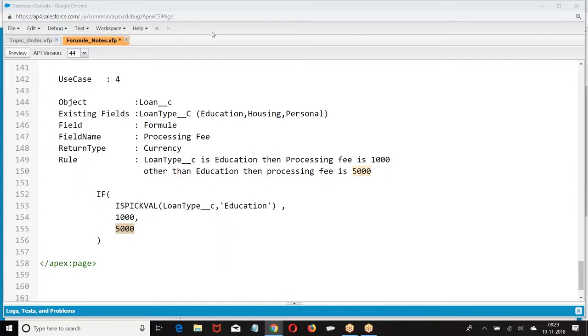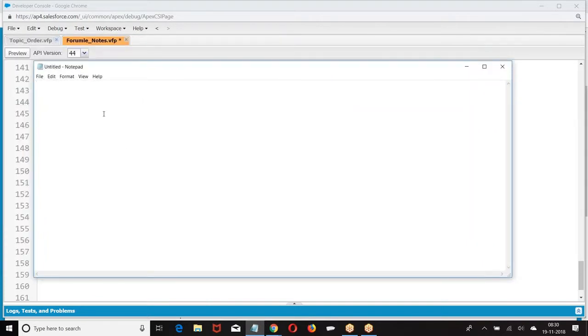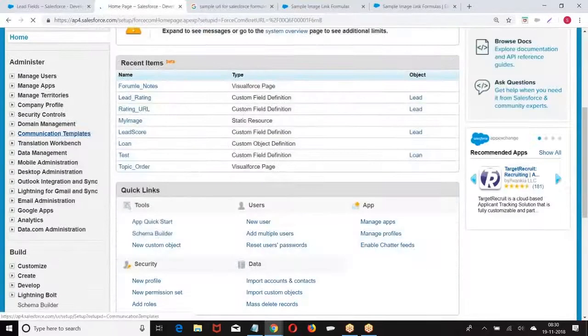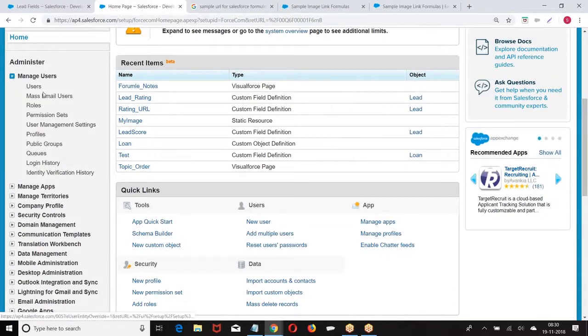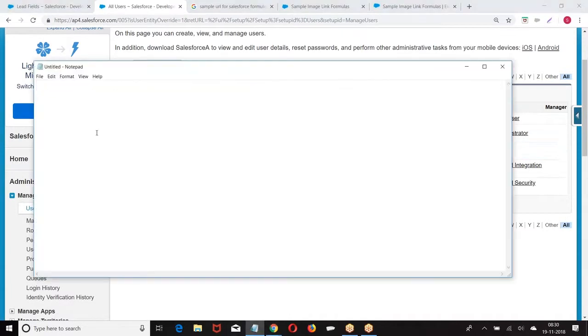Okay. Thank you. Satish, can I know how to access the notes for online people? I have already given the username and password. No? I did not get it. I didn't check, I think. Satish, it is asking for a verification code while logging into that account. It will never ask us. Don't log into my account. Log into the student account. Okay. I mean, I tried the student account.